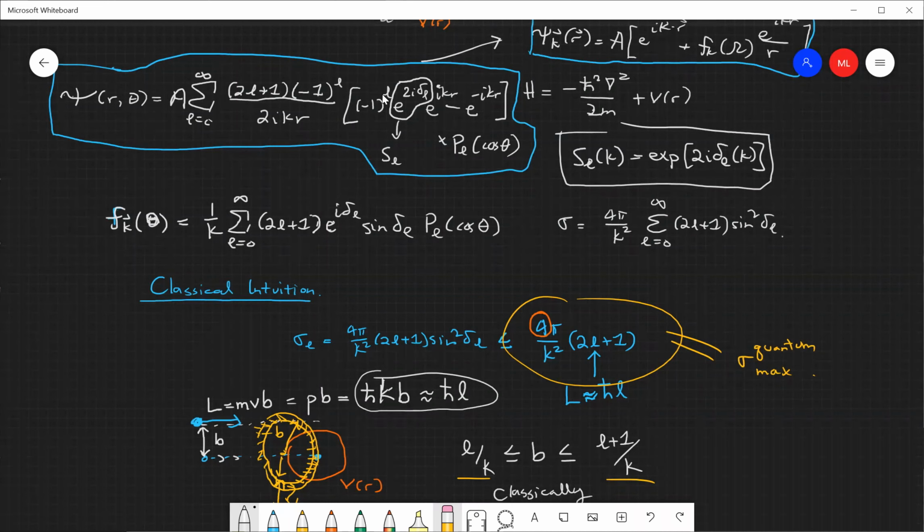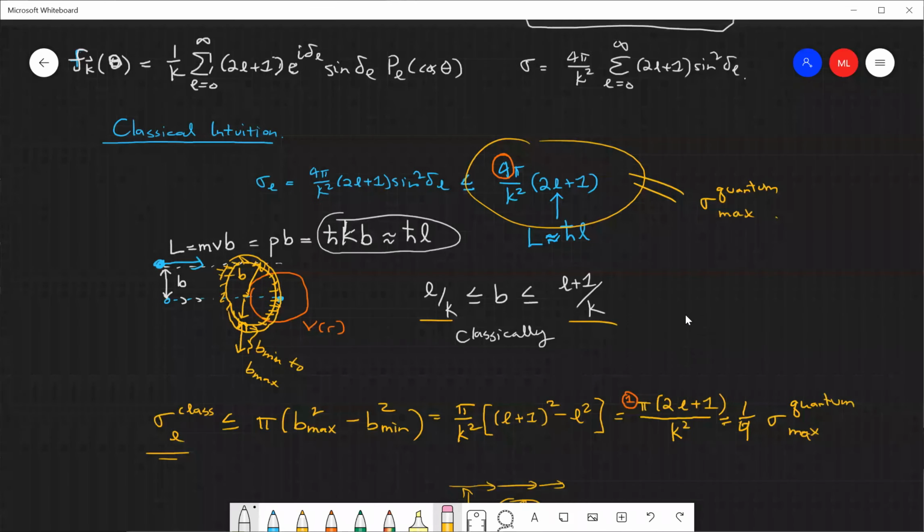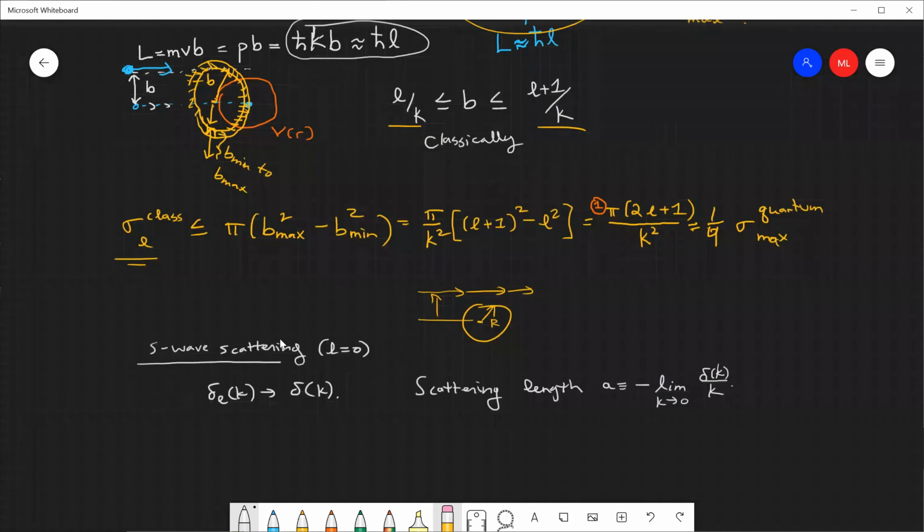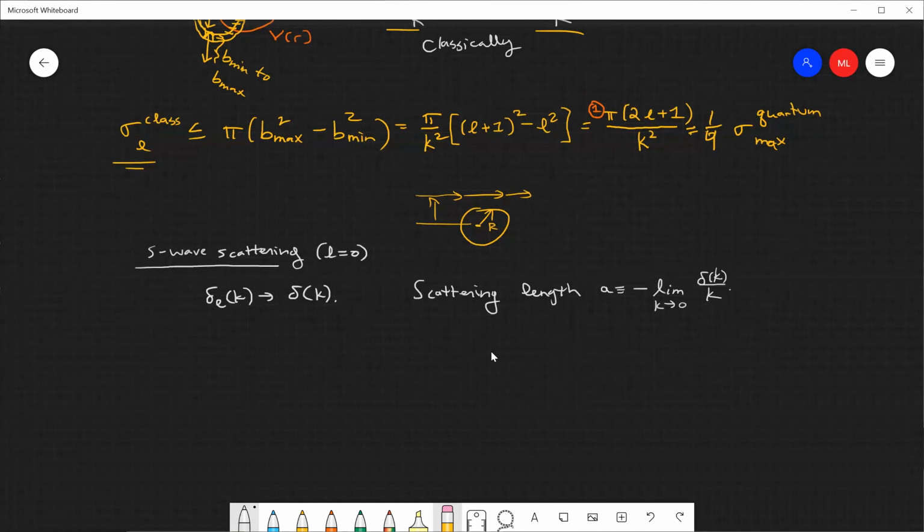That's all the information you need. So for S-wave scattering, if you're only considering one mode, that means you only need one parameter to fully specify the solution to the scattering problem. You just need a single phase shift, or equivalently a single